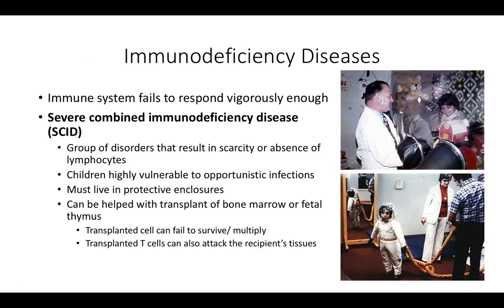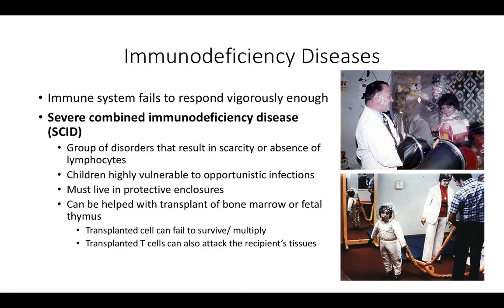Okay, so that was hypersensitivity and autoimmune disease. So, overreaction of the immune system, reaction of the immune system to your own antibodies, and now we're going to talk about immunodeficiency diseases, which is when your immune system isn't responding vigorously enough. The first of the diseases that we're going to talk about with immunodeficiency diseases is something called severe combined immunodeficiency disease,